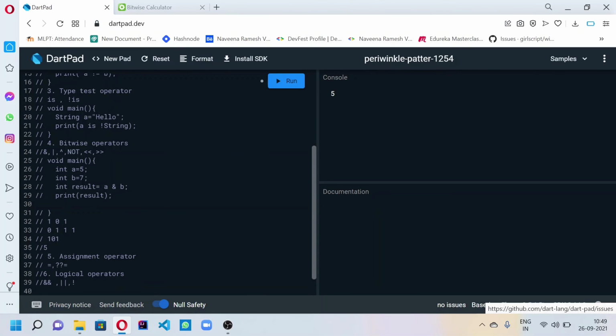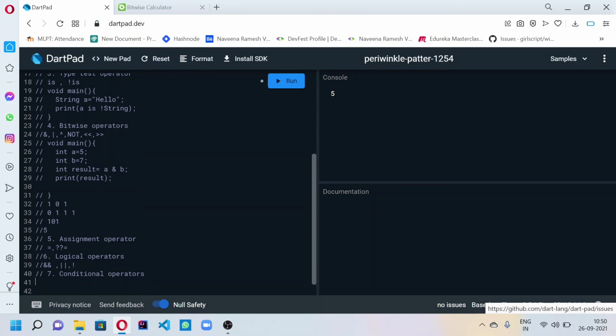Now we'll see about the conditional operator, which will be very much used in Dart. This is the most important one, so pay attention. The conditional operator is only a simple syntax, the question mark and a colon.